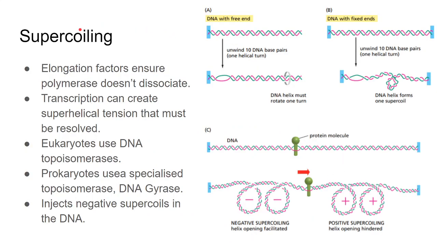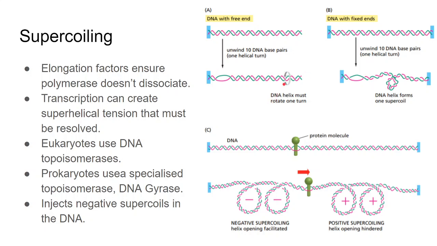So one problem that occurs during transcription is supercoiling. We discussed supercoiling in DNA replication, and we talked about how topoisomerases are important to relieve supercoiling. So what happens if you imagine a DNA with one fixed end and one free end? Once you have opening of DNA, you'll need to keep rotating the DNA further on to relieve the coiling. Imagine you have two strings and you start pulling them apart from one end. You can imagine how this end would start rotating, right?